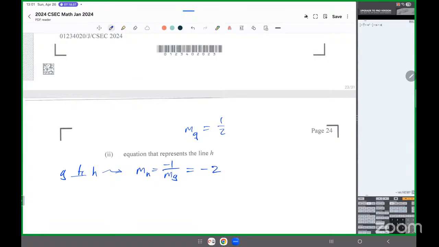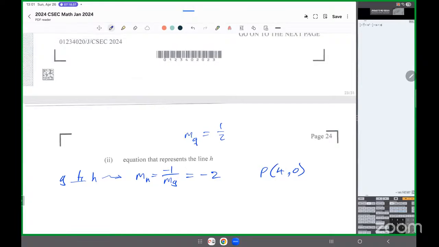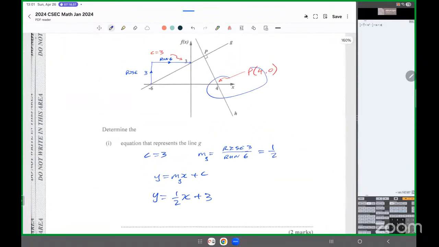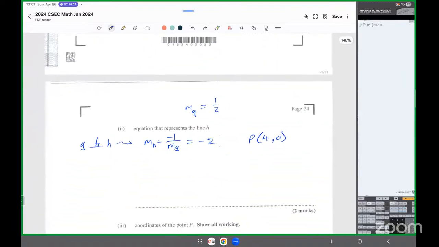The line H also passes through the point (4, 0) that we'll have on the graph. To find the equation, we get the gradient at that point, and the point is (4, 0) in that diagram. So the equation becomes